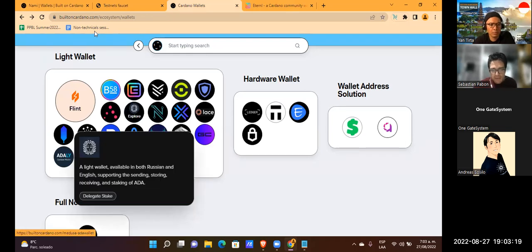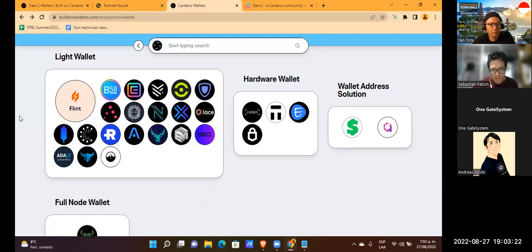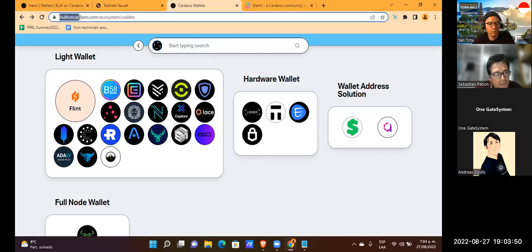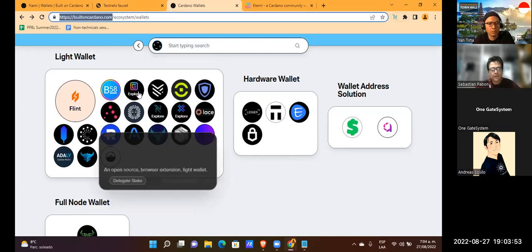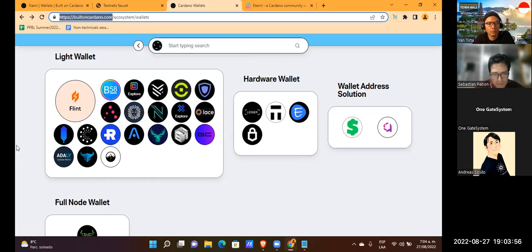Build on Cardano is a security measure to avoid some scams on the web, for example, phishing or spoofing sites, in which malicious people build websites that look similar to the official sites. So we can use Build on Cardano to identify the official sites of the tools that we need.